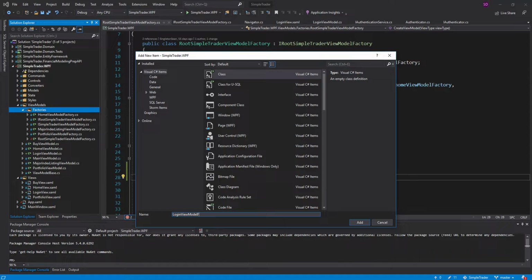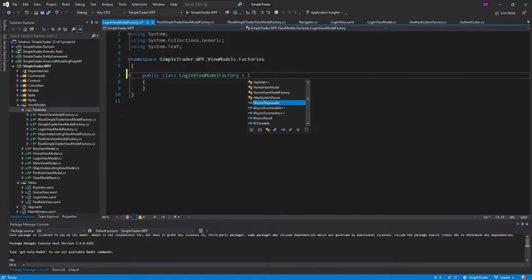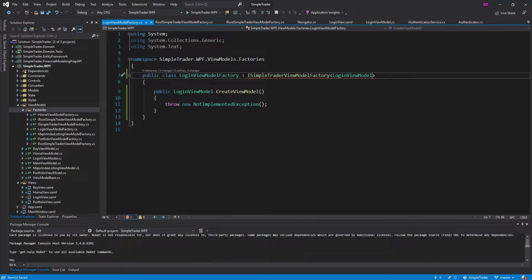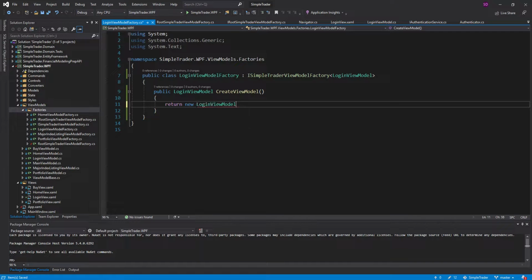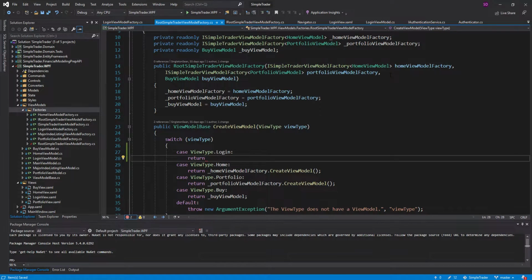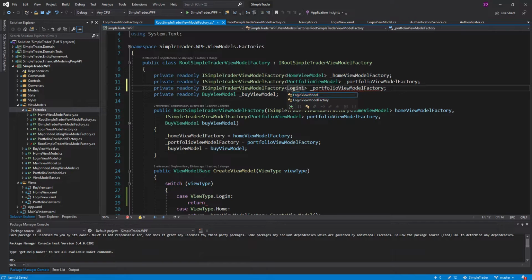LoginViewModelFactory. And we'll make that public, and it's going to be the usual SimpleTraderViewModelFactory for a LoginViewModel. Let's implement that interface, and all it's going to do for now is just return a new LoginViewModel like that. And we don't have any dependencies set up to pass through this constructor yet, but we'll get to those in just a second. So now in here we can add that ViewModel factory for the LoginViewModel